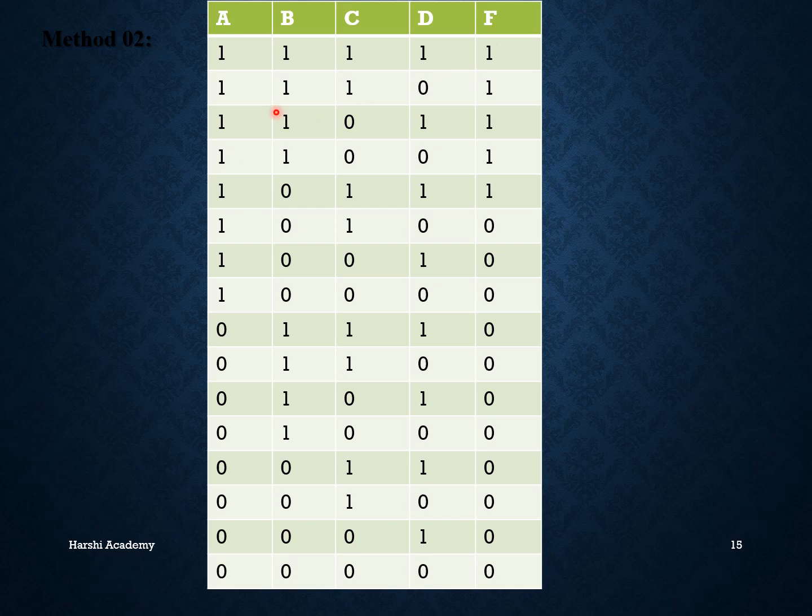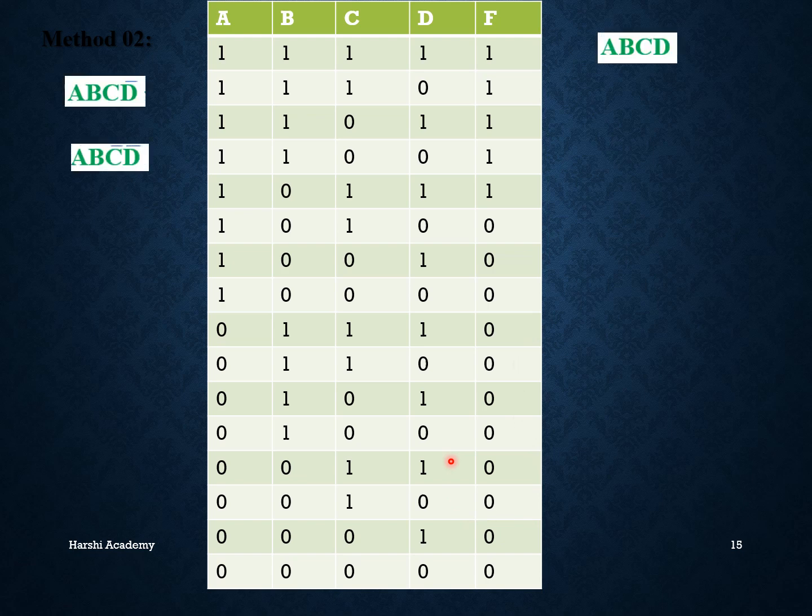Then check if 3 cells of the column are 1 including the manager signal. Here 1 1 1, then output is 1. In this column manager signal is OK, assistant manager signal is OK, then output is 1. Here assistant manager signal, teller signal and guard signal are OK, then output is 1, otherwise output is 0.